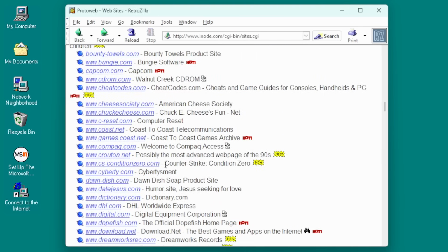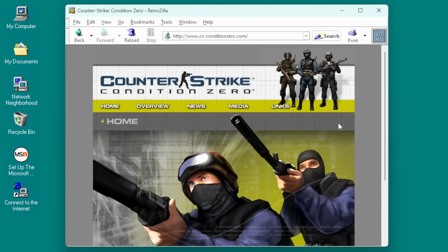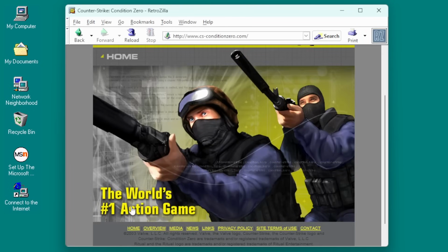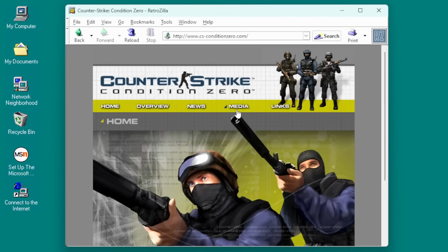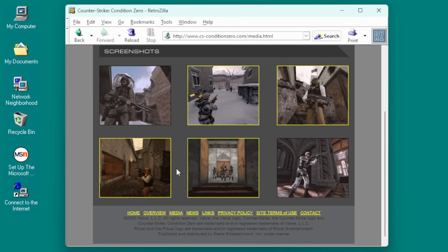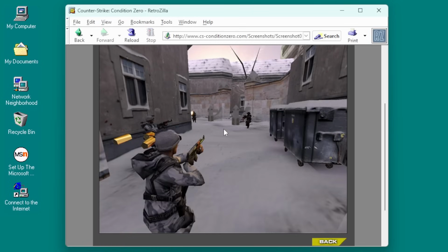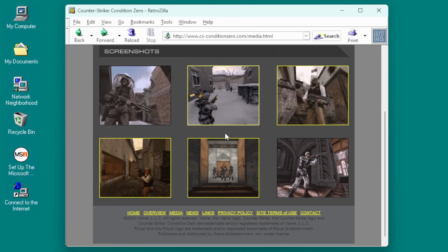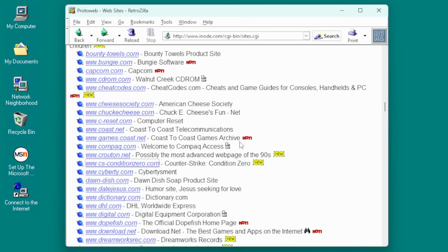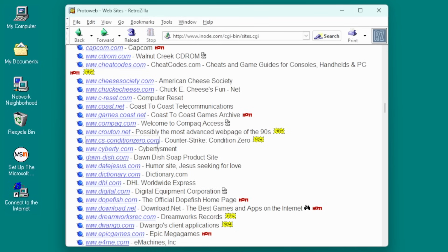How about Counter-Strike Condition Zero? Classic. An old Counter-Strike website. The world's #1 action game. I got some screenshots. Yep, that's Counter-Strike, alright. This one seems to be from 2003. How about